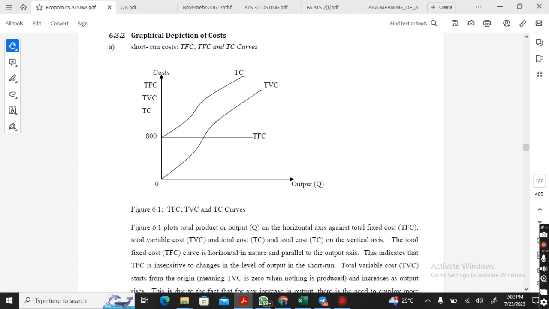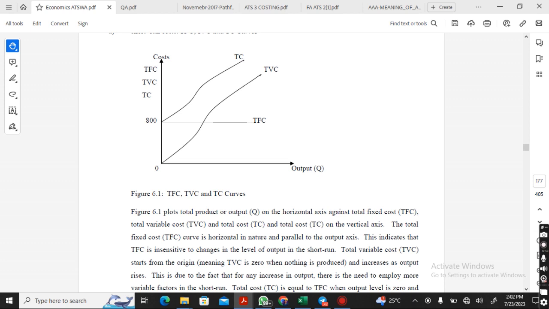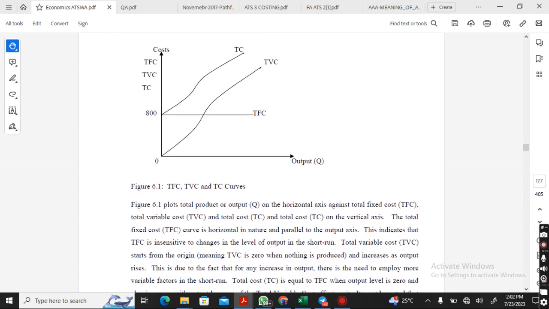So why is it that our total fixed cost is not starting from the output but starting on the basis of total fixed cost? Let's look at this now. The total fixed cost curve is parallel to the output axis. So this indicates that total fixed cost is insensitive to change in the level of output. I've explained that. Total variable cost, TVC, starts from the origin,